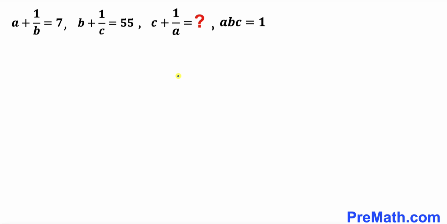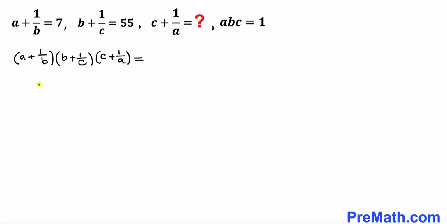Let's go ahead and get started with the solution, and here's the very first thing we are going to do. We are going to manipulate these equations. Let's multiply out the left-hand sides. So let me put them together: a plus 1 divided by b, times b plus 1 divided by c, times c plus 1 divided by a